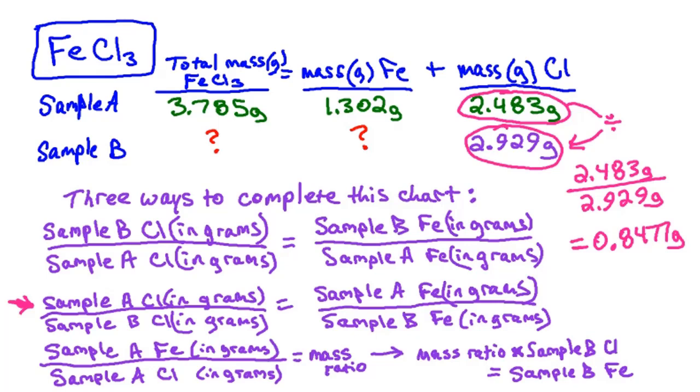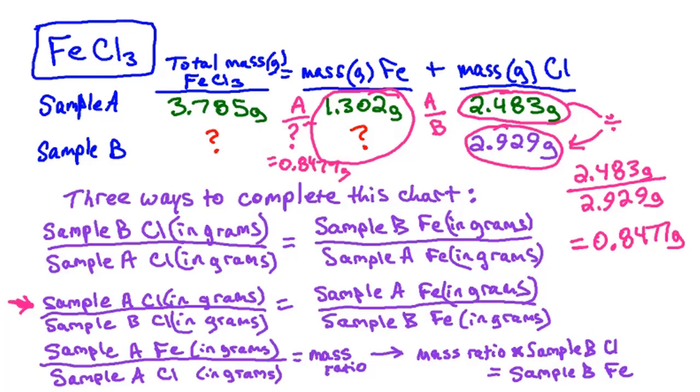So if that gives us 0.8477 grams, all we have to do is remember whichever way we divided these numbers, that's the same way we need to divide the numbers in the iron column on the table. In this case, we took the mass of sample A of chlorine divided by the mass of sample B of chlorine, and we got 0.8477. So that means if we take the mass of sample A for iron and divide it by this question mark, the mass of sample B for iron, that should give us the same number,